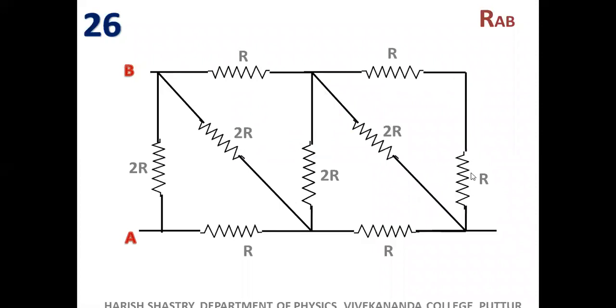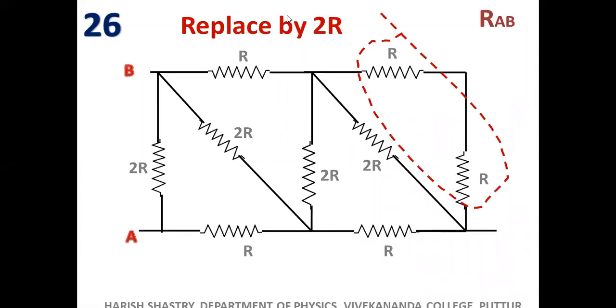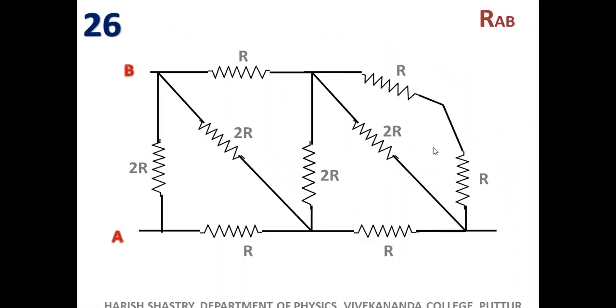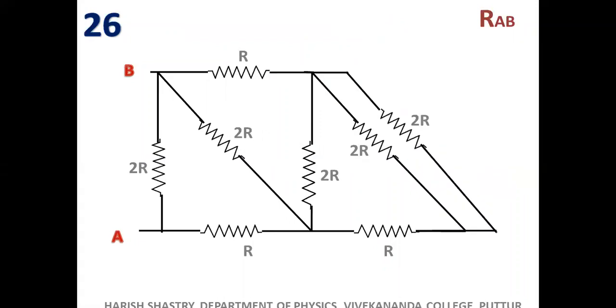You can take R and R as series, no problem at all, because these two are in independent path, and you can replace this as 2R in parallel with 2R. Now again, you have a puzzle here, right? It's a puzzle-like problem. So shall we replace this R and R by a single 2R? So when these two R's are replaced by 2R, that 2R should come along this path, here to here. That means parallel with 2R. So shall we replace it with parallel with 2R? This R and R are dropped and a single 2R is connected.